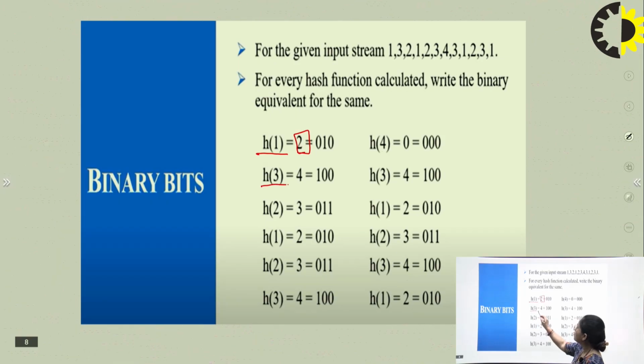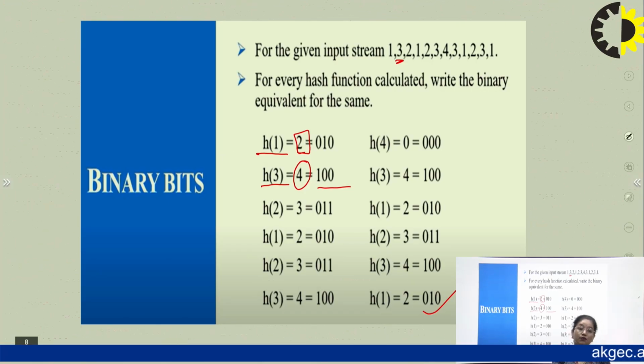Then for the element value 3, the hash value was 4, and I converted it into binary form. In the same way I convert all the hash values into binary numbers. Once we have converted into binary, we go to the next step, which is counting the trailing 0.